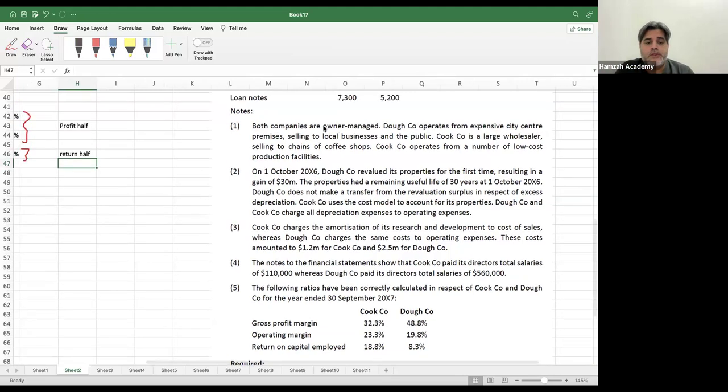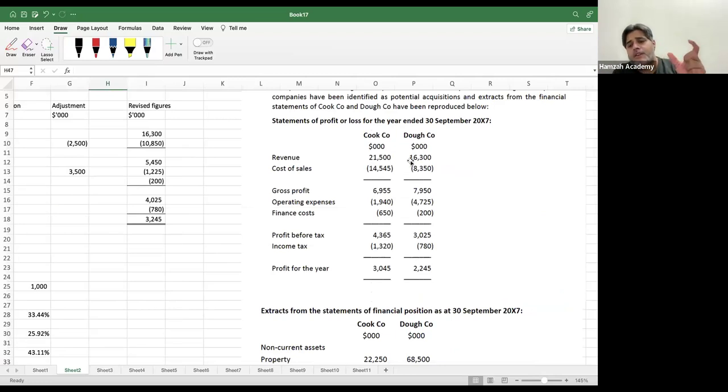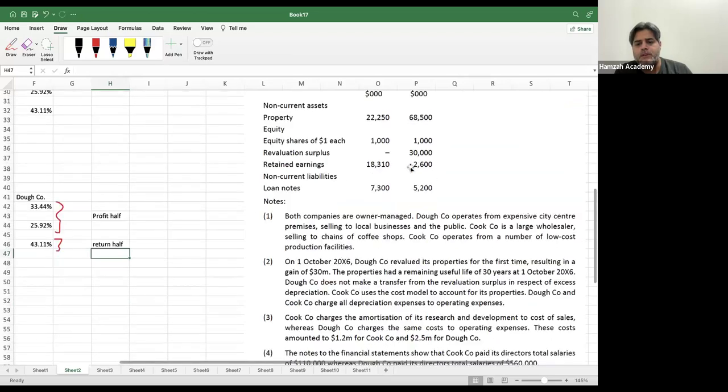Because if you look over here, the revenue is 21,500, whereas this is 16,300 over here. So the revenue of the Cook Company as compared to the Dough Company is on the higher side, technically speaking, right? So it suggests that initially, when we compare it with the Dough Company over here,